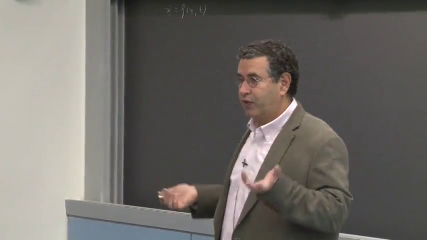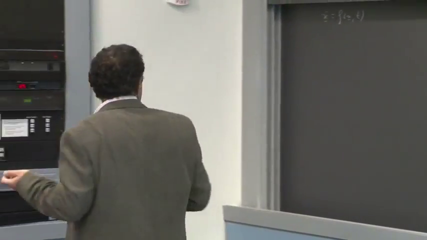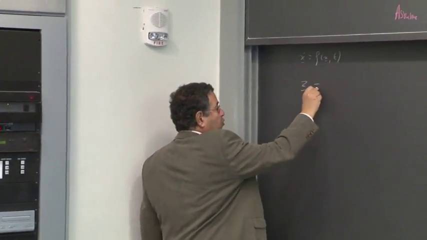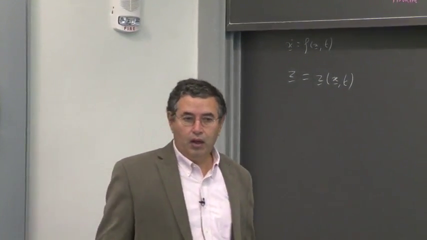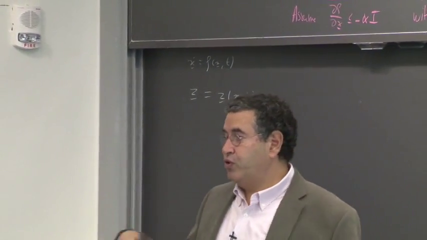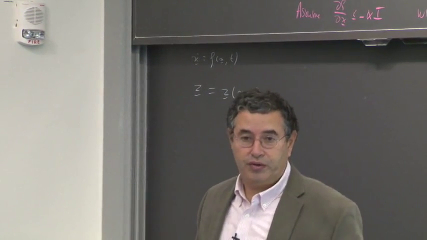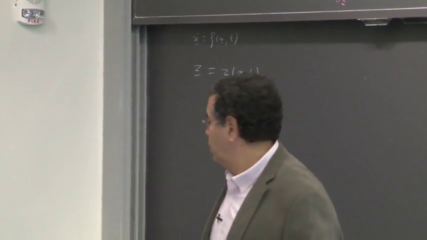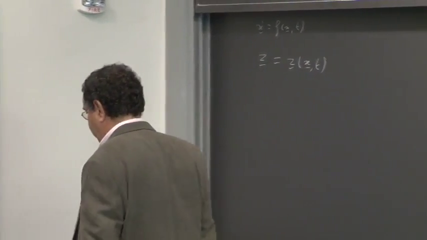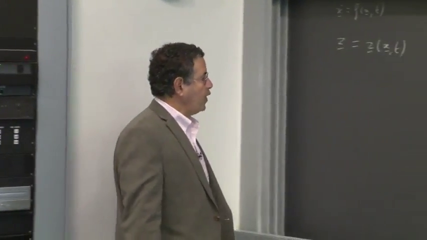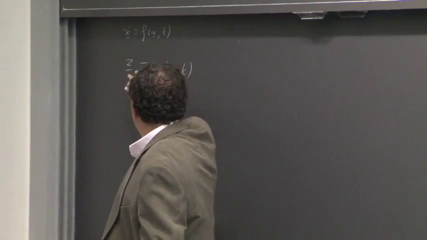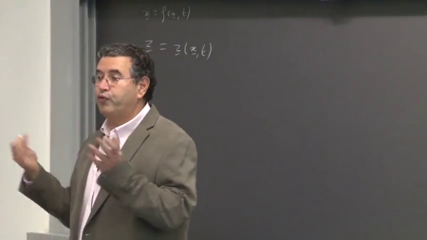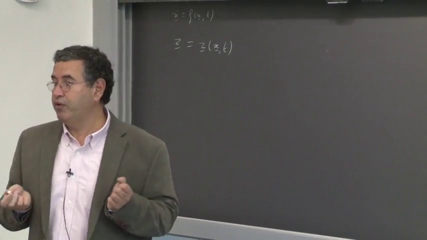Okay? In a sense, especially coming from feedback linearization, right? We know that there's lots of things we can do with change of variables. So we could say, well, perhaps we can define a new variable, z equals z of x, t. And perhaps in terms of this new variable, if the corresponding Jacobian is negative definite, then any two trajectories will converge to each other. Okay, so at a given t, we need this transformation to be smooth, invertible, the usual thing, right? So we have a new state.